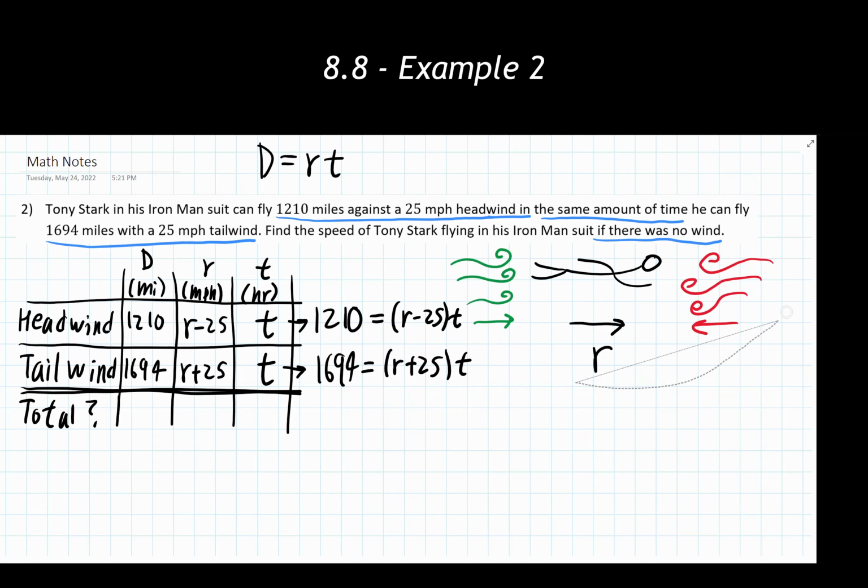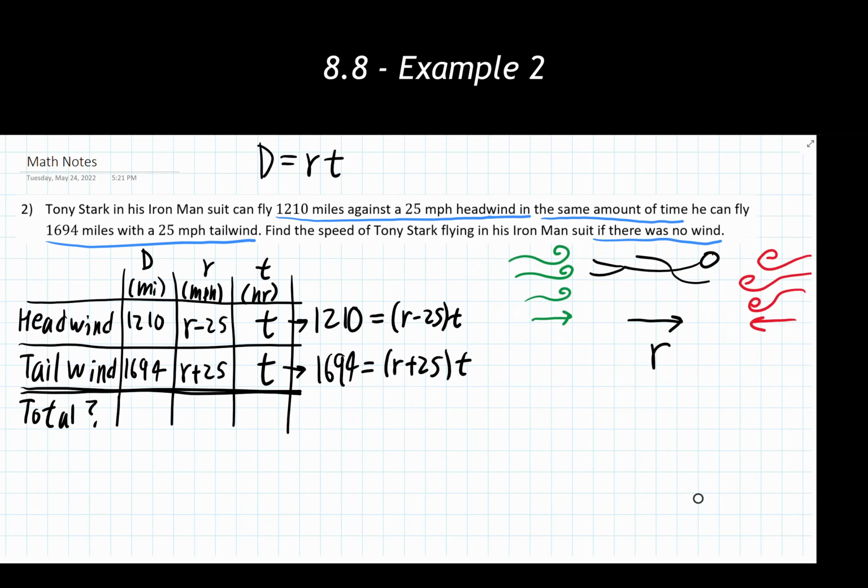And now we look at this, and in these two forms, I don't exactly know how I'm going to solve this with the equations I've been given. Just moving this over because I'm running out of a little bit of space here. Written in these two forms as they are right now, it's not obvious how I'm going to solve for this specific speed or rate that he has. But what I do know is that these two times are equal to one another.